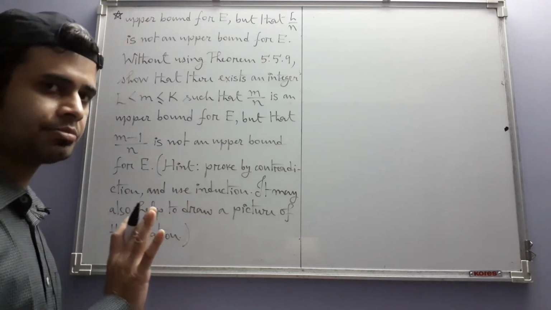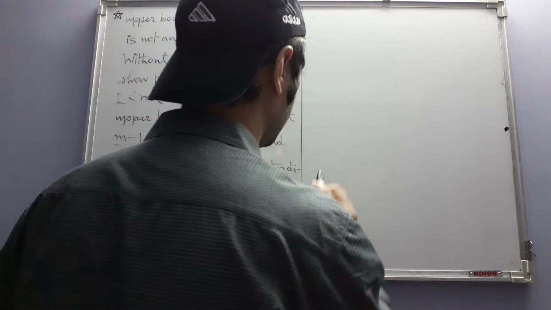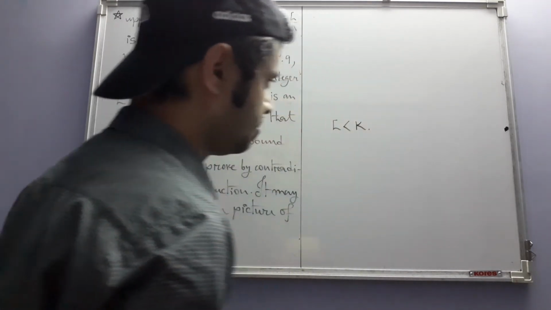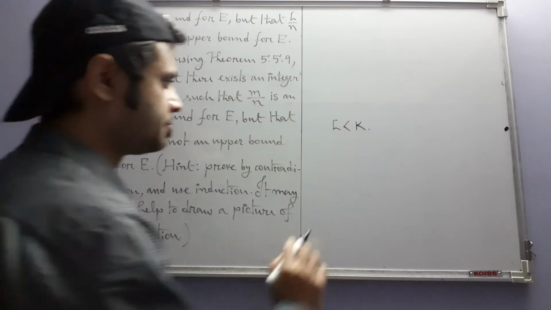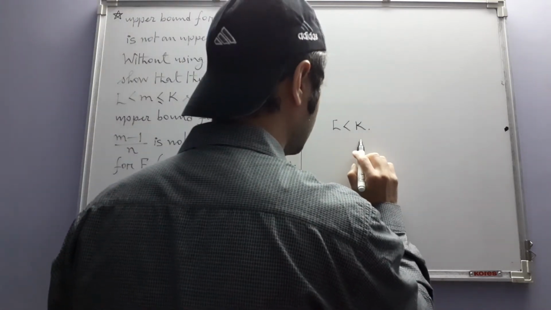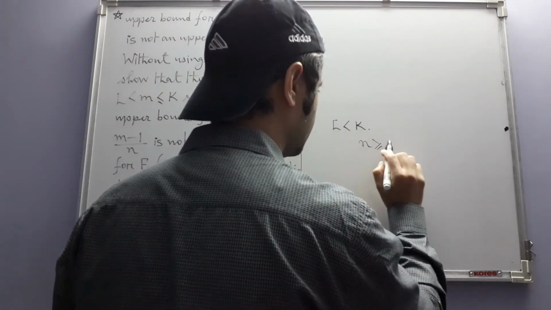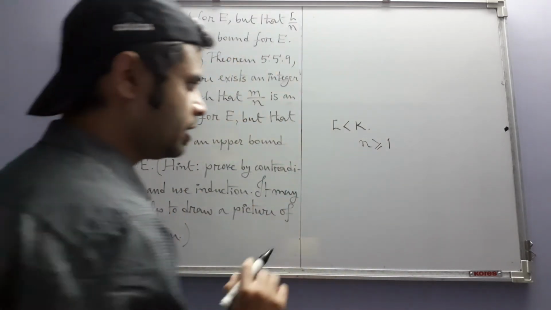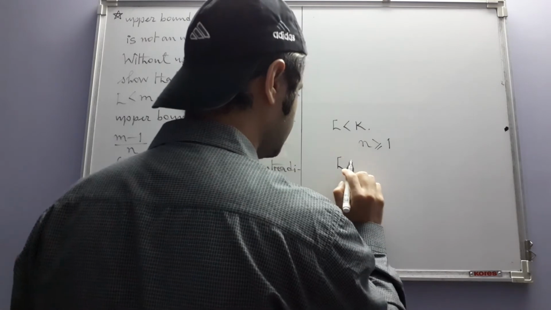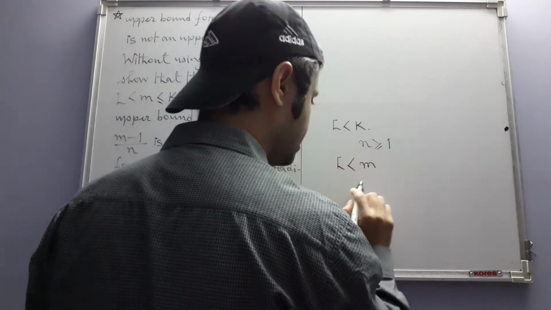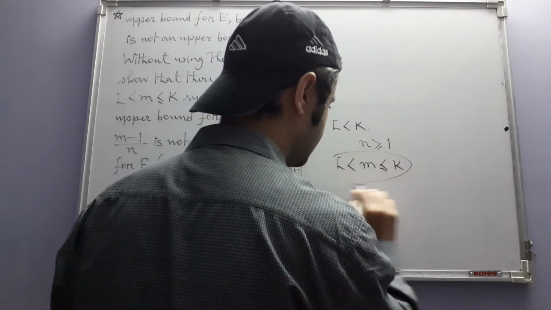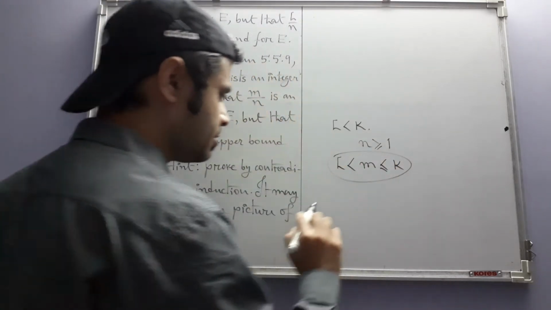Nothing like that has been said about L and K. The only thing is that L is less than K and n is a positive integer. We have to prove that there is an integer m satisfying these inequalities such that